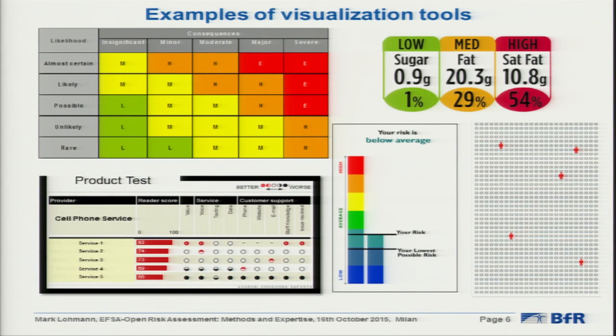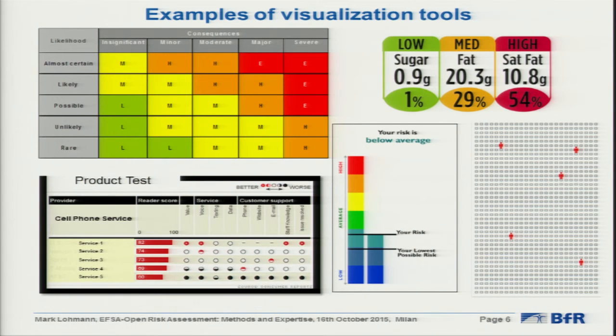Then there exist many visualization tools that try to illustrate the probability of risk, for example, the individual risk for certain diseases compared to an average risk, or in the way that, for example, 5 out of 10,000 people will be affected by a risk. Normally, a risk assessment cannot deliver such probabilities. A probability in risk assessment is more or less an estimation, which is based on findings to which a degree a certain limit value is exhausted. And a risk assessor is not able to announce probabilities in the way that 5 people out of 10,000 will be affected by the risk.